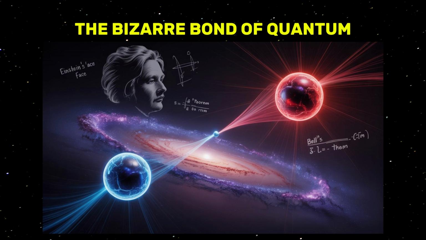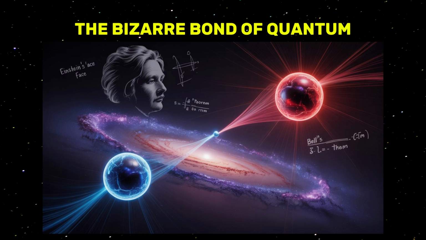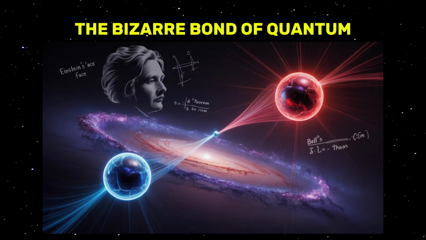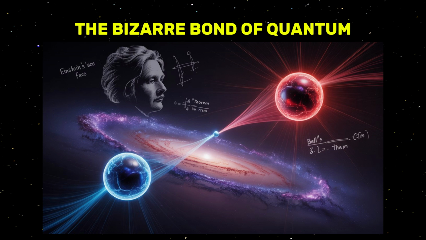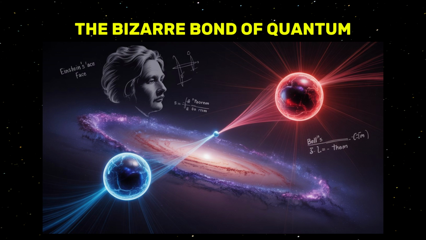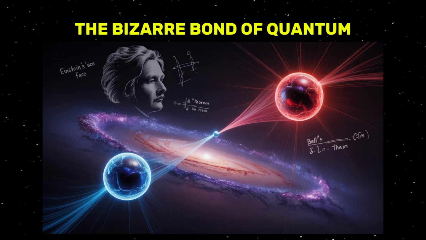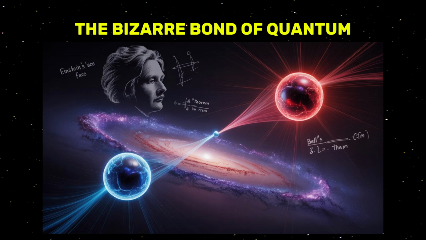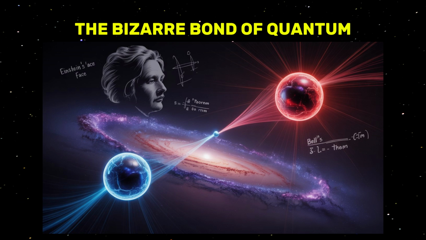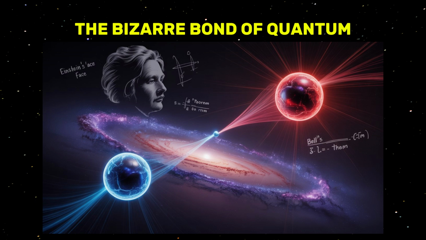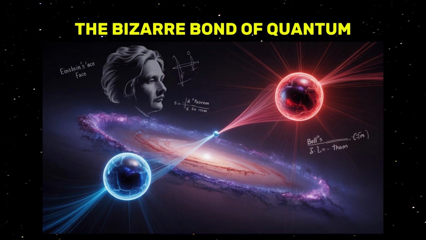If one of these particles is measured, the state of the other is instantly known, no matter how far apart they are, even on opposite sides of the cosmos. To visualize this, think of flipping two coins that are somehow quantum entangled. Normally, you'd expect unrelated outcomes. Maybe one lands on heads and the other on tails. But if the coins are entangled, flipping and observing one coin causes the other to immediately reveal the opposite result. It's as though the coins are coordinating their responses across any distance, even if one is nearby and the other is on a distant star.